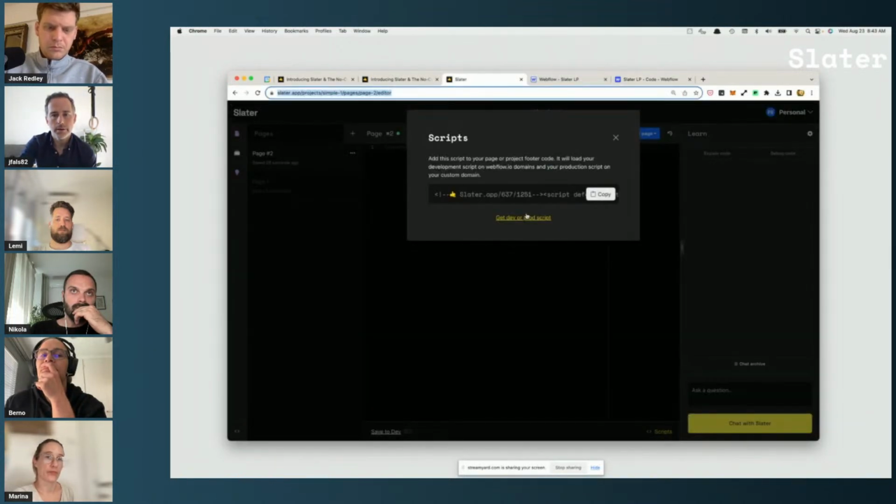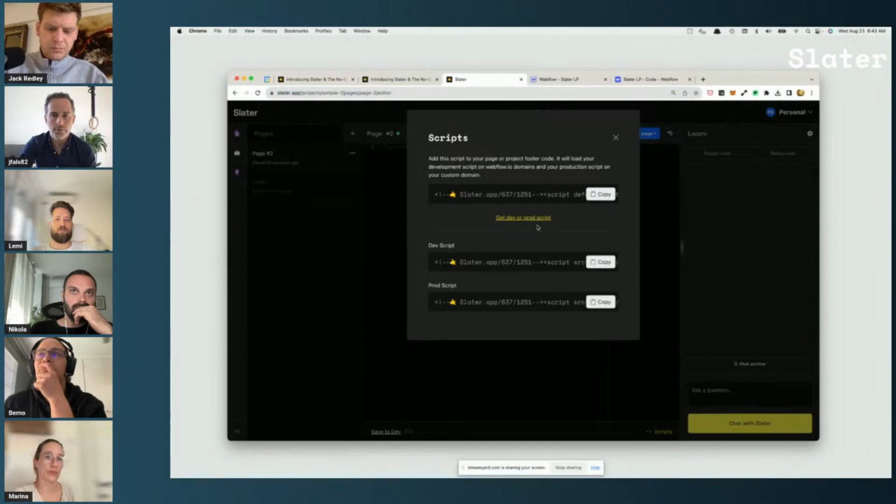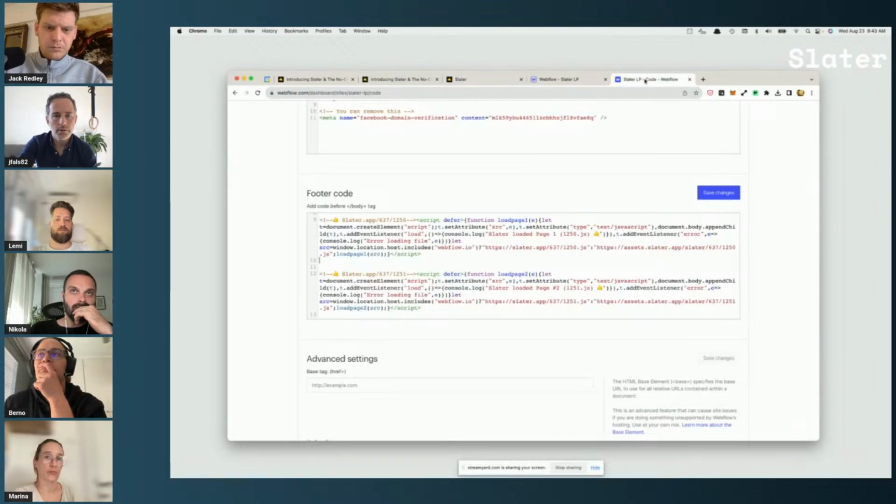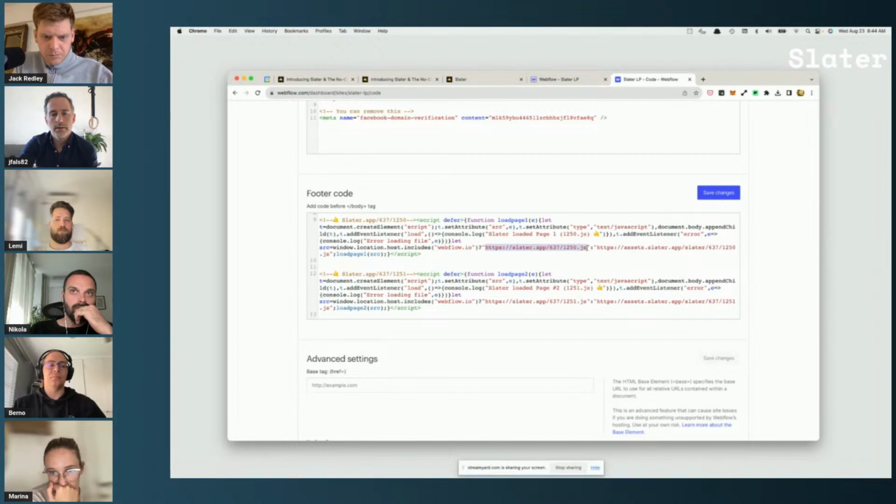One other thing to say about this is there is a dev and prod script. So when I copy this, you'll notice that this minified version, it's saying, if you are on this webflow.io domain, then run this Slater app JavaScript. This particular file is very quick. So when I save it, I can refresh immediately, and I get that updated file. So this is great for your